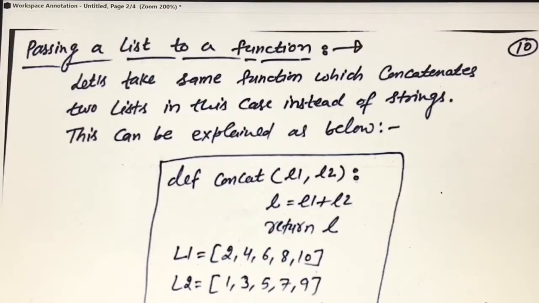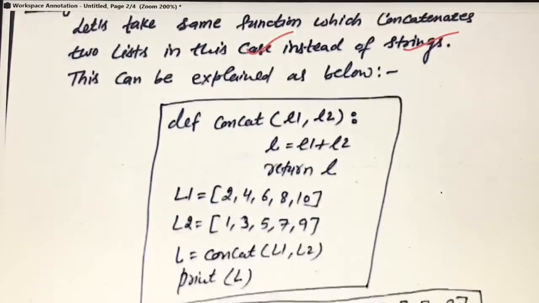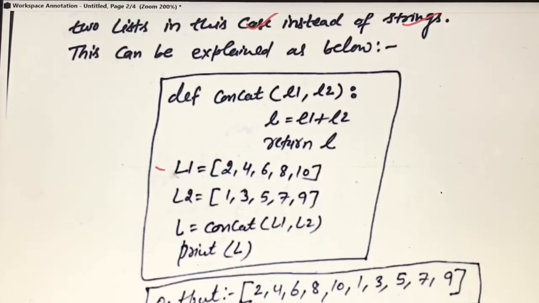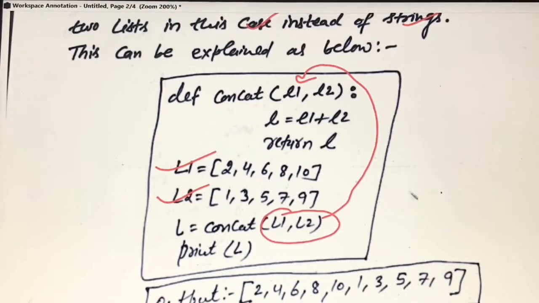This is passing a list to a function. So similarly, let's take two lists now instead of two strings and then pass these two lists. See this code here. List L1 is taken in the main function, L2 is taken, and these two lists are then passed to the function. They will be copied here. So this L1 will be copied to L1 in the formal argument, and this L2 in the actual argument will be stored in L2 in the formal argument, and then this plus symbol is there.